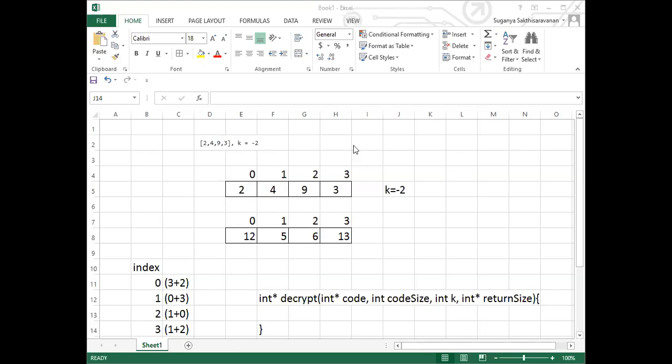Have this test case and just work on it. You can hardly take 10 minutes, not more than that.